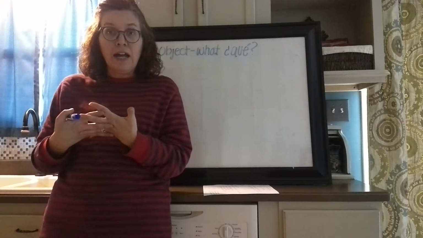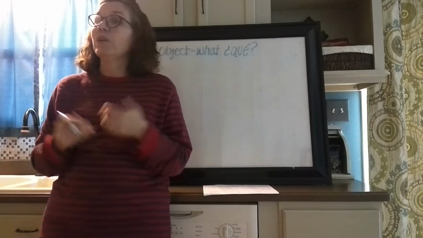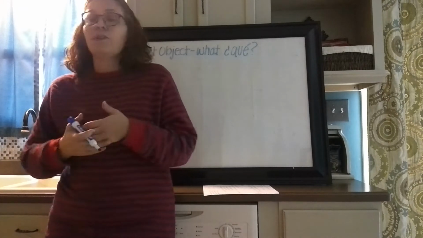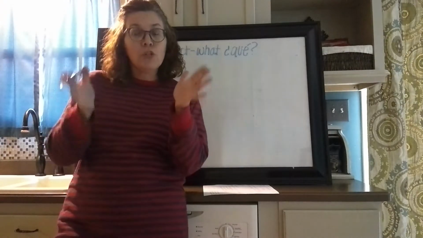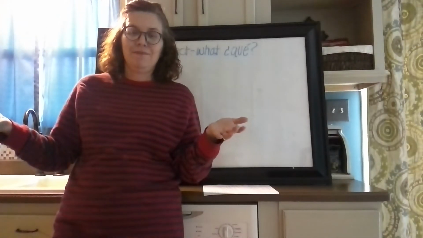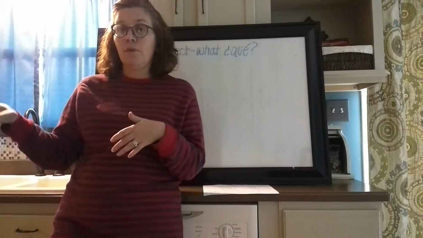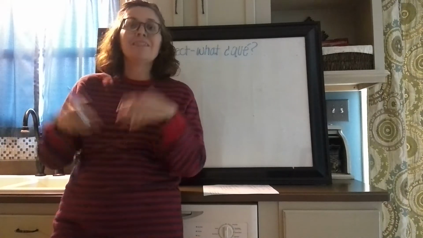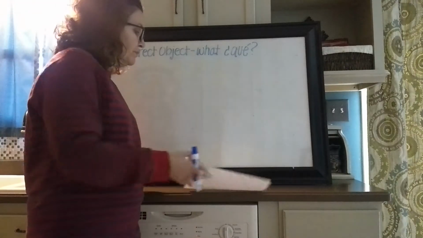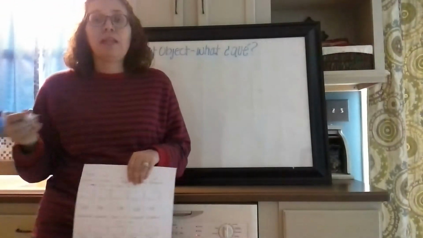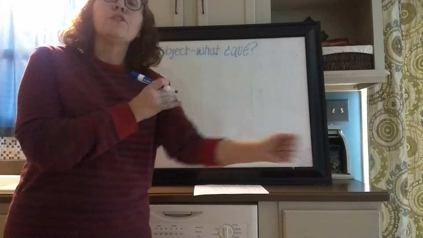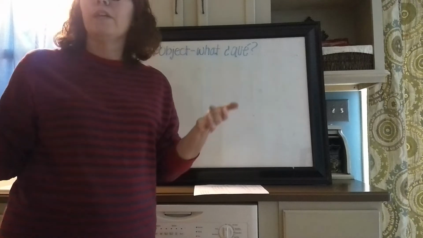Or if I wrote a letter, what did I write? A letter. That is my direct object. So the easiest way to do it is find your verb and ask yourself the question, what? I threw the ball. Threw what? The ball. I ate the sandwich. Ate what? The sandwich. You get the idea. So we're going to jump right into it. We're going to start with some sample sentences in English first, because I just want to make sure that you understand what a direct object or a direct object pronoun is.